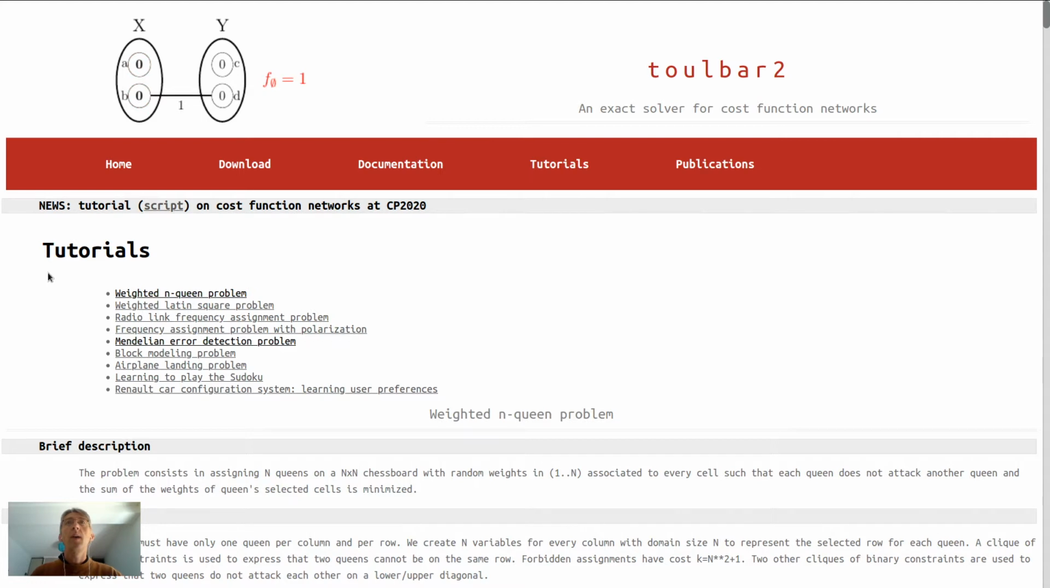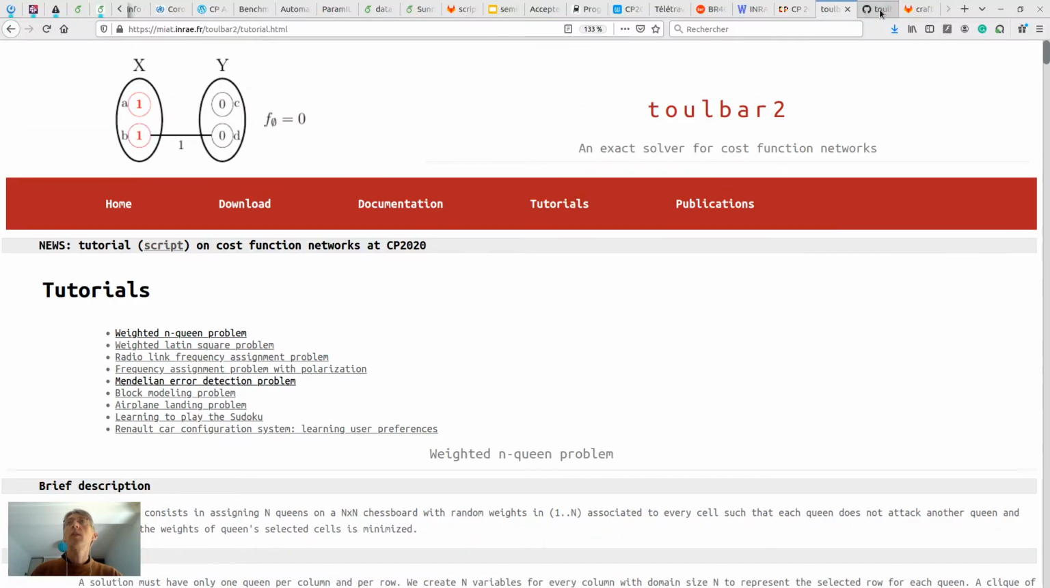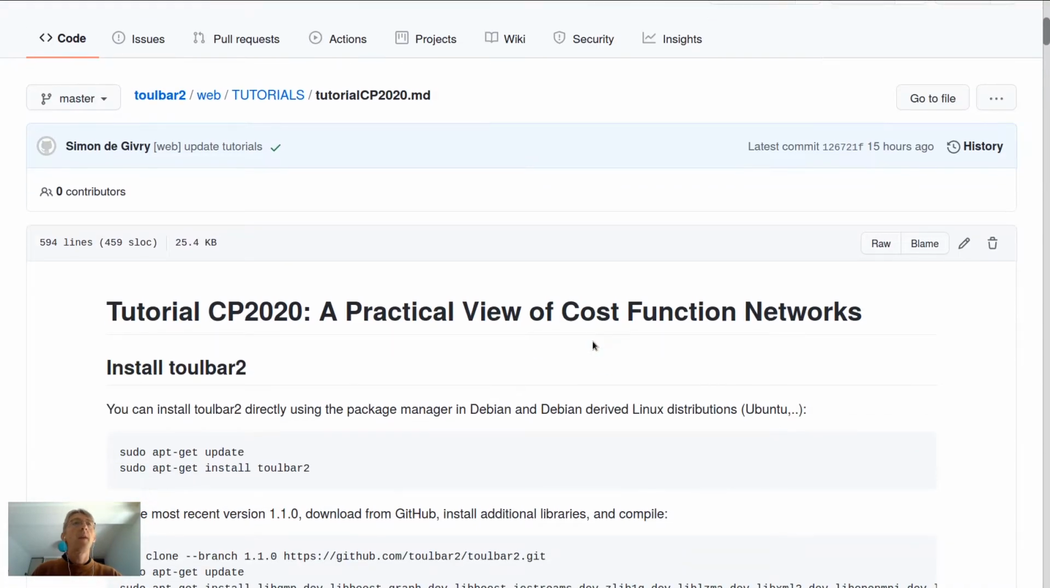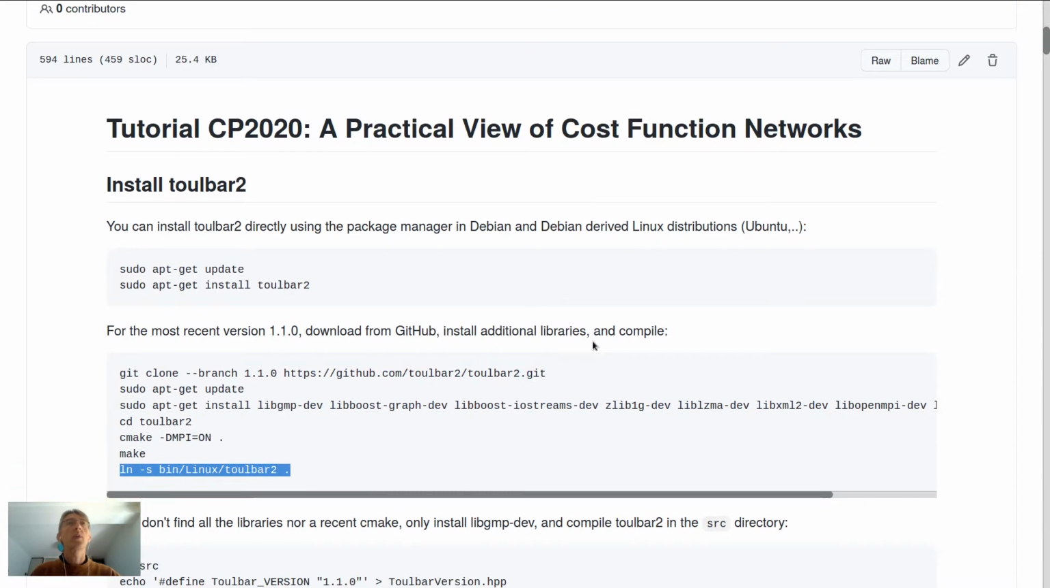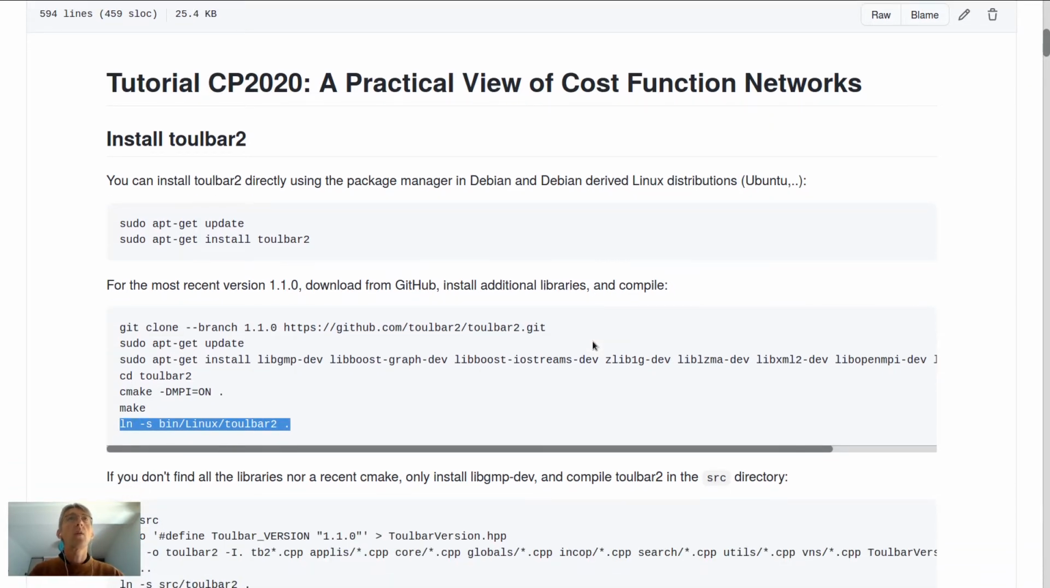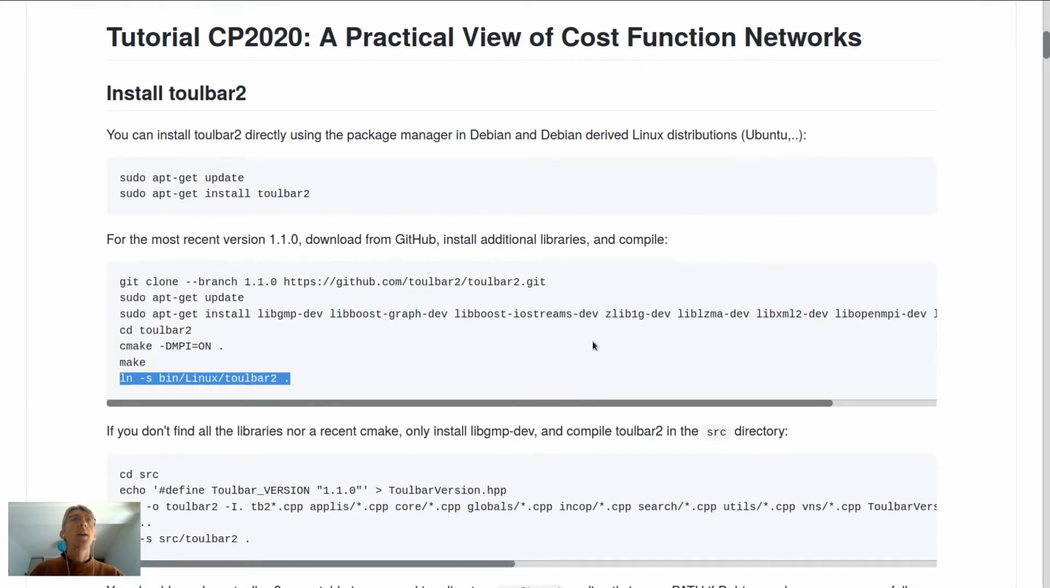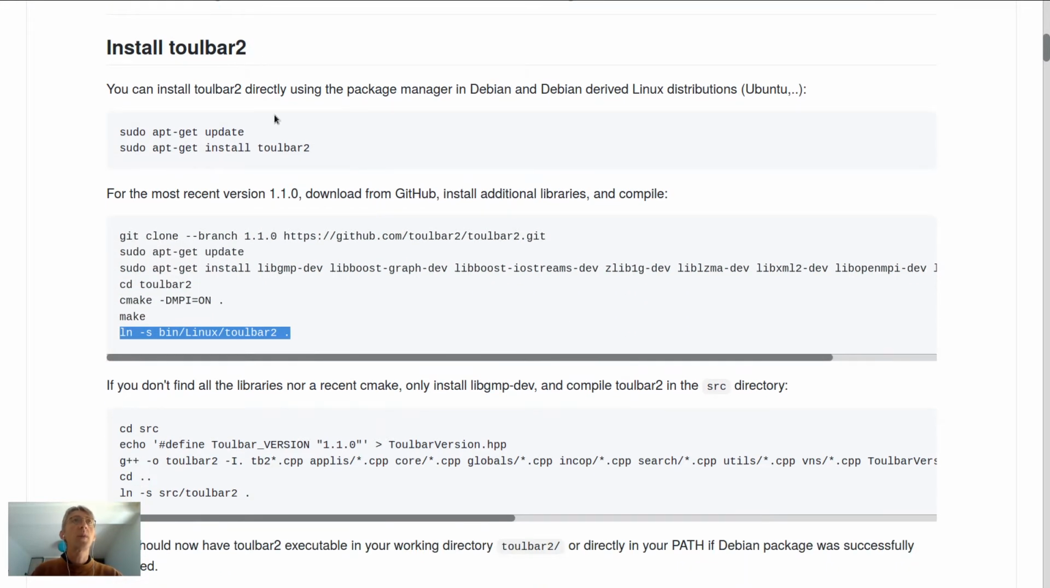During my tutorial, I will make some comments, and they are all in this script, so you can find the commands and the output of the commands, also with some text to explain what is done. So the first thing is to install toolbar 2. You have three possibilities. Either you have a Debian Linux distribution, so you can install the package just by doing this command,